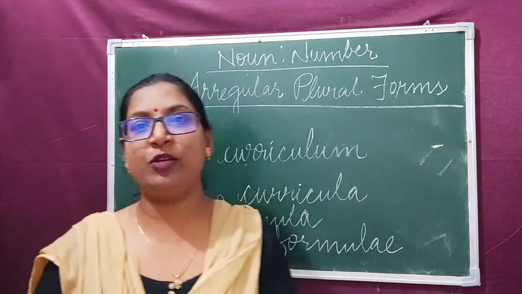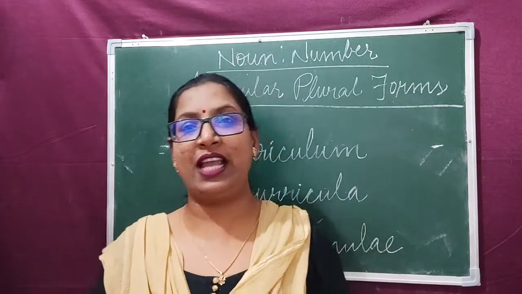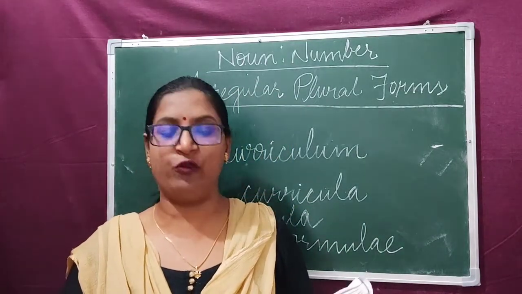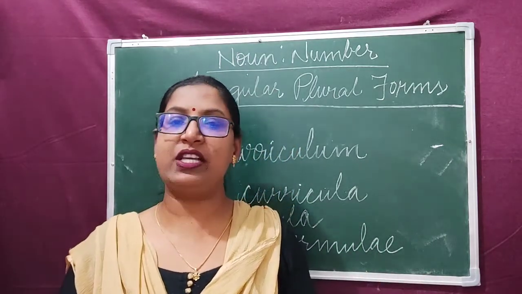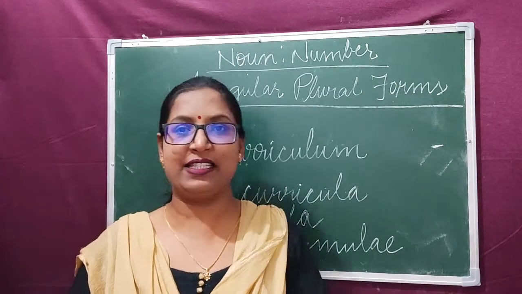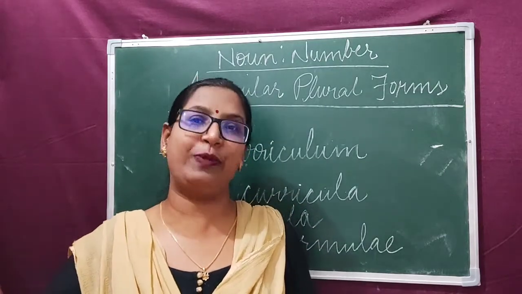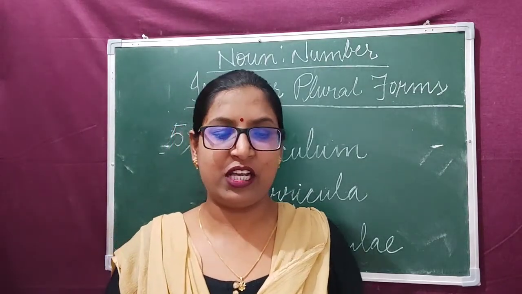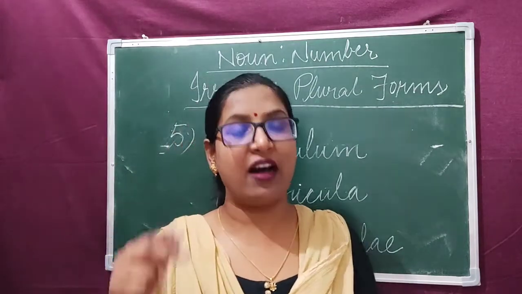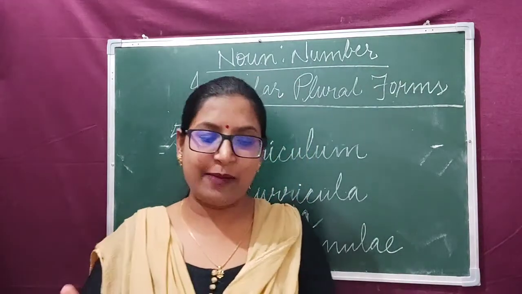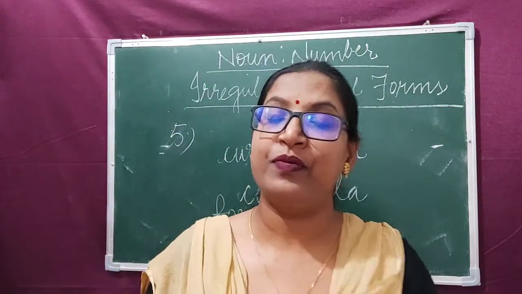Now, some important points to remember. Here it is given in the box. 100, 1000 and million have the same plural form as the singular. Clear? 100, 1000 and million have the same form as their singular. 500 pages. We do not say 500 pages. 10,000 people. Clear? Their singular and plural forms are same. Now the names of nationality ending in ESE.